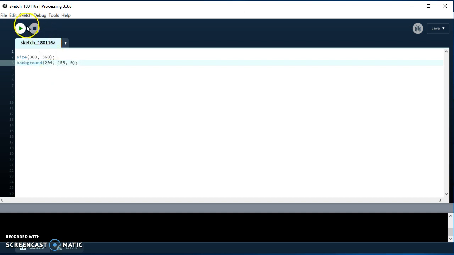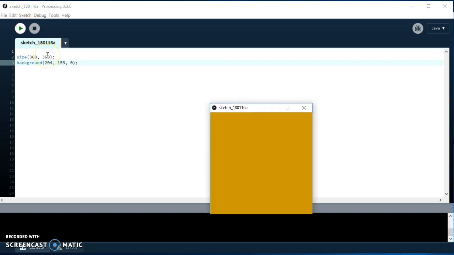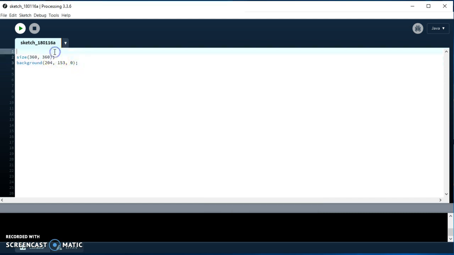Okay, so let's just see what the background command does while we're here. Oh, that's an ugly color. But what happened? What changed between the first try and the second try? The color changed, right? So apparently background does something with the color of, guess what? The background, right? So this color is apparently an ugly mustard. So the comments I can make so far are something like,